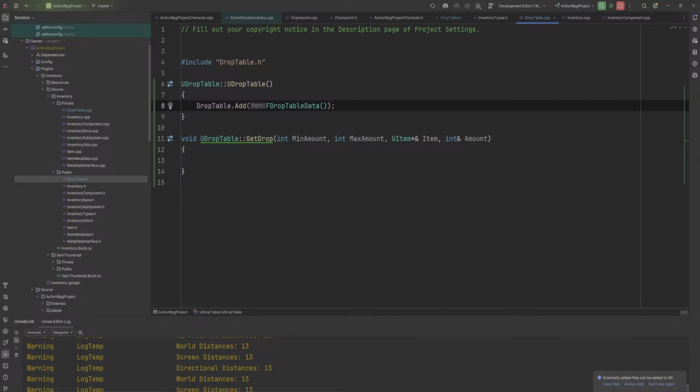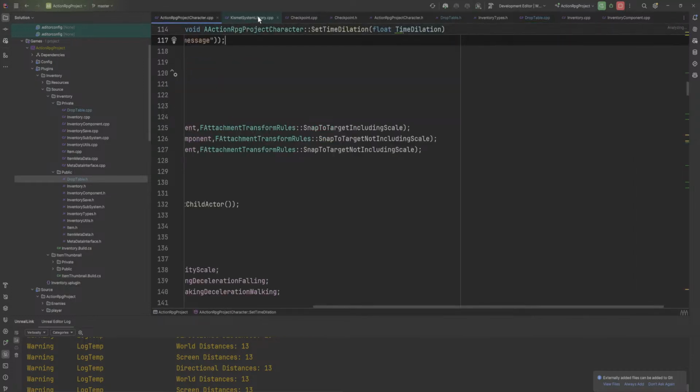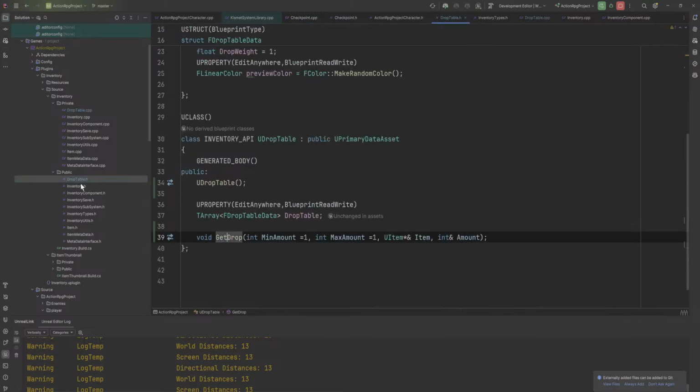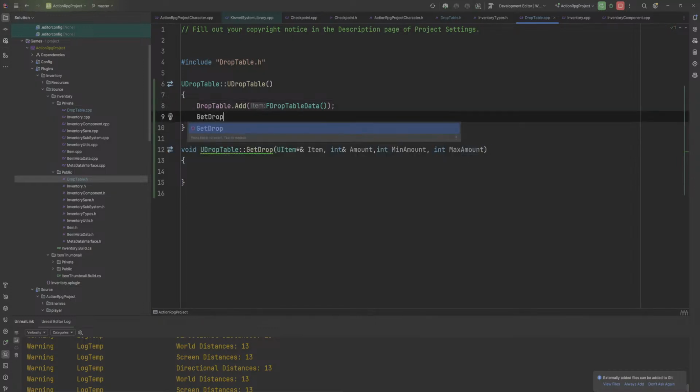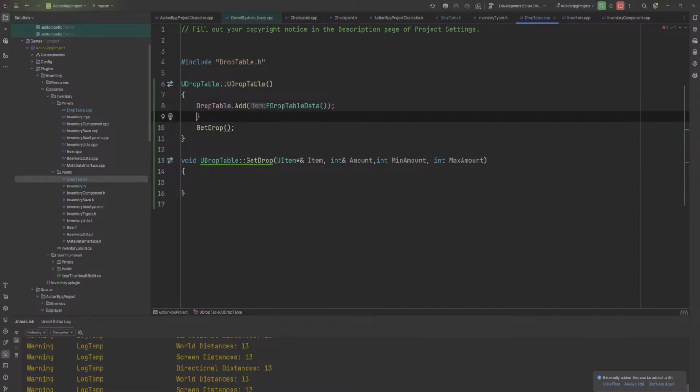Well, hold on. If we swap this around, does that work the way I think it will work? Because it might. So if we do the references first and then we do the inputs, this feels a little weird, I know. And just for symmetry's sake, let's do it on this side as well. Does that then mean that we can get drop without providing in those two other things? We can't do that in here anyway, obviously, but